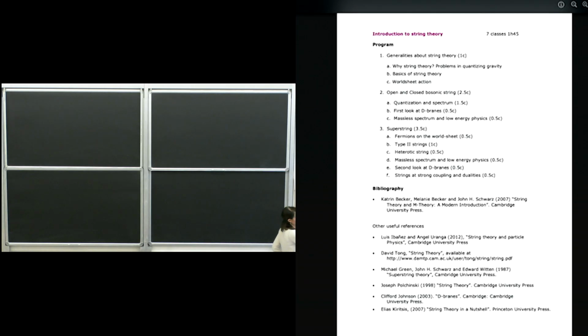And in the morning, start a little bit more, and then the afternoon will be more hardcore bosonic string, and then we'll do the superstring, and hopefully strings. Maybe I will cut, so let's see how we do in time. Maybe I will cut a little bit of this, of heterotic string, for example, to get to dualities, which is